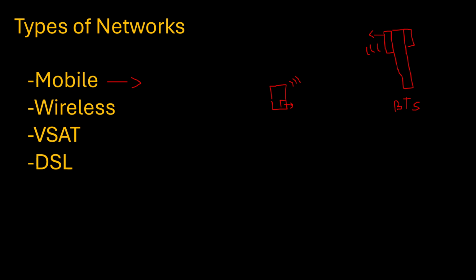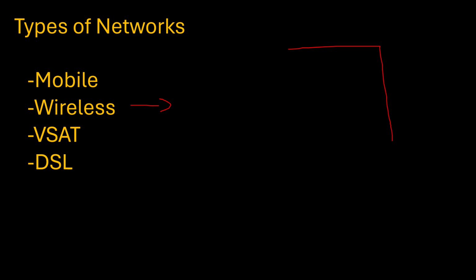Then we have the wireless. Let me erase the slide. Okay. Now we have the wireless. Let's assume this is a building, and wireless can be indoor or outdoor. So if this is an apartment, let's assume here is your house,